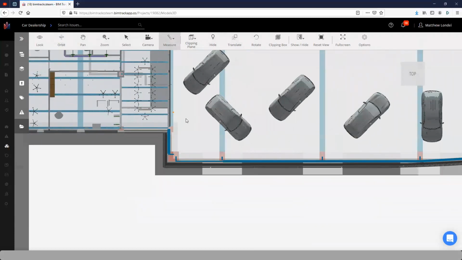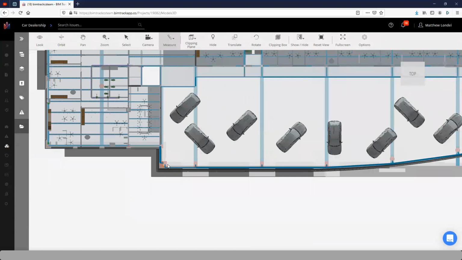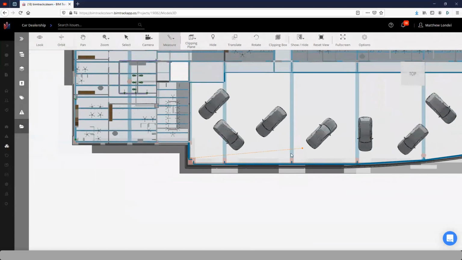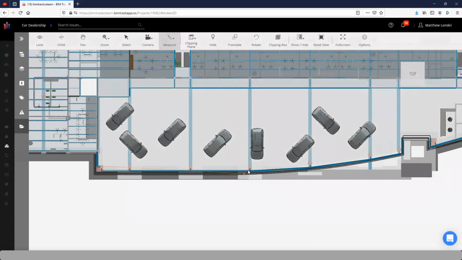Measuring area, we need at least 3 clicks to provide us with the area of an object. So if I click right here, maybe I'll come all the way down here to there. We'll go click here, over here, down here. I'm looking for the square meterage of my showroom floor. Again, this is a temporary dimension, so as soon as I hit escape, it will leave,